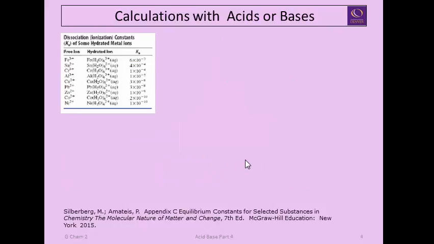And finally, we had also mentioned that small, highly charged metallic ions, especially out of the transition metals and aluminum, are slightly acidic. And so if you're trying to understand what the Ka is for those in particular, sometimes you'll see a Ka, a dissociation constant for free metal ions. Well, what that really implies is that you're basically looking at the metal already in some sort of hexaaquo or tetraaquo form,